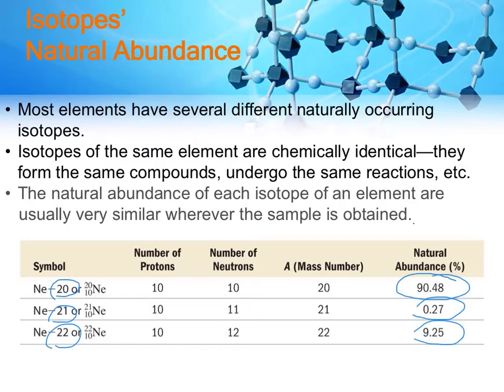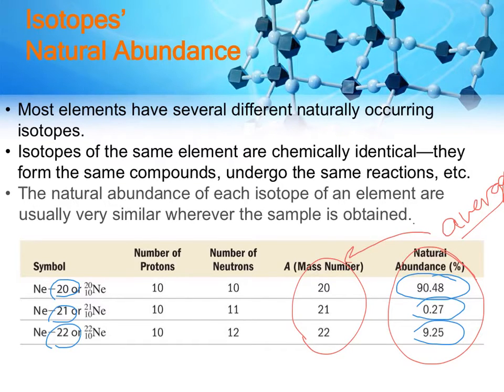If you don't want a periodic table that shows every single isotope of every single element, you need to somehow represent the conglomerate, or the mix, of isotopes. And so scientists decided to take an average mass of all of the natural isotopes of an element. So the question is, do we take a simple average of the masses, in which case we would get 21 for the mass of neon, or should we also take into account the fact that each of these isotopes is